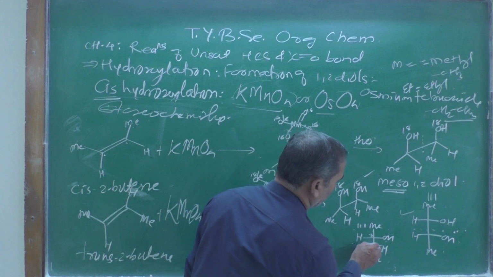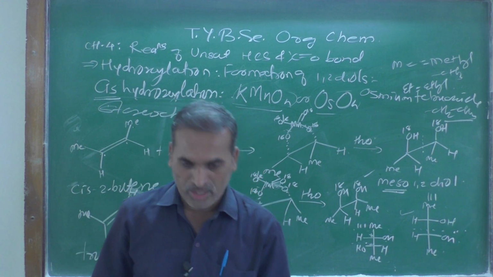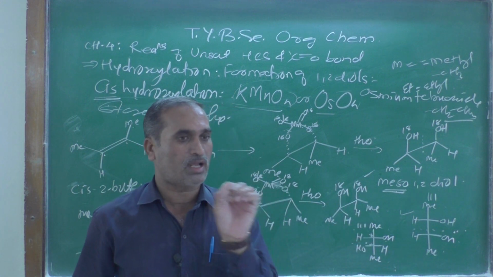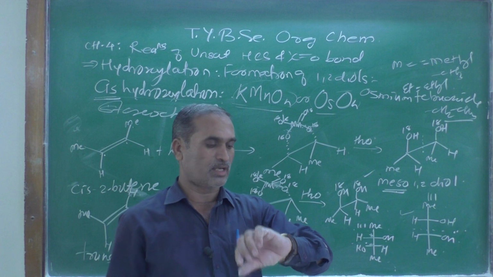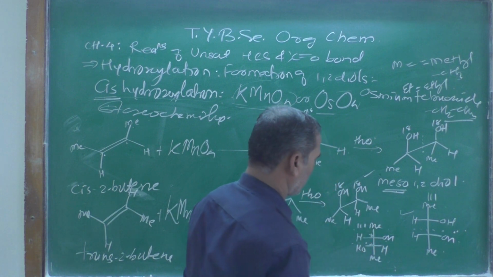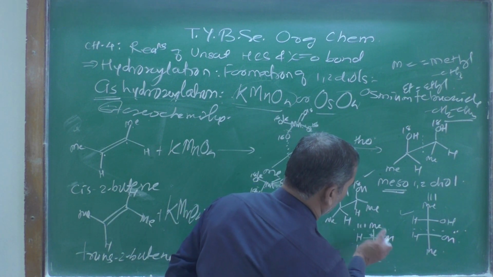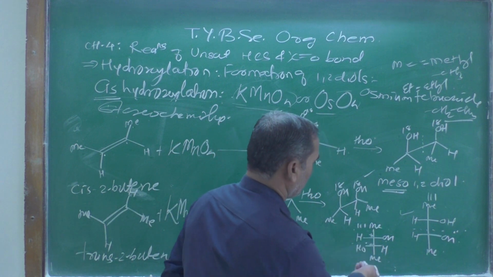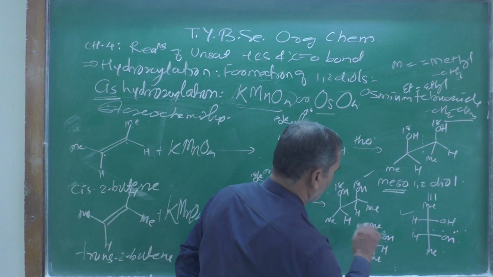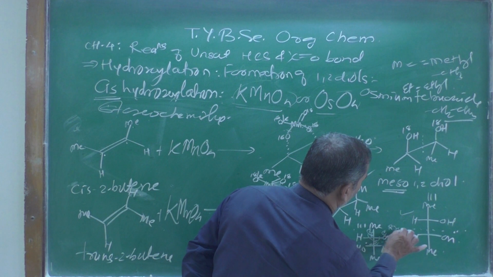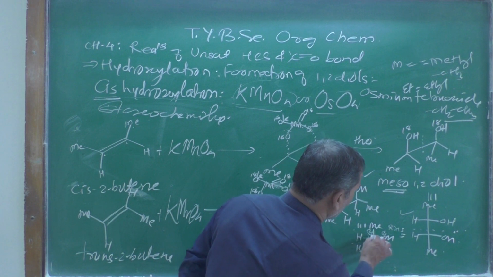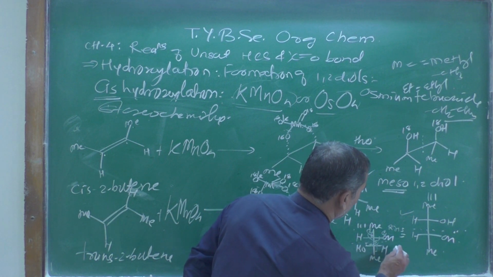Chiral center or chiral carbon atom means what? The carbon atom carrying four different groups is known as a chiral carbon. There are chiral carbons over there. Let us see what type of configuration it has. See here 1 and 2, and this one is 3. 1, 2, 3: R is converted into S. This one is S, and it should be the R configuration.